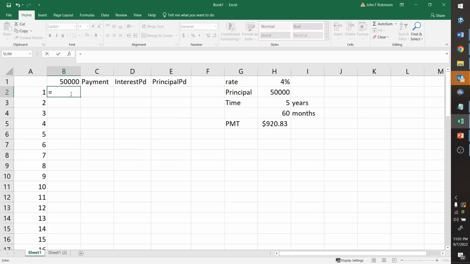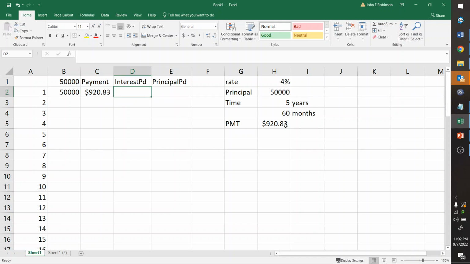So at the end of the first period, we will still have this same amount of loan, but we'll make this payment. This payment will be the same throughout the life of the loan. So I'm just going to push function F4. You can also type dollar signs in front of it by hand, but this will lock that blue cell in and make sure it stays put. So I have my payment locked in at that cell,